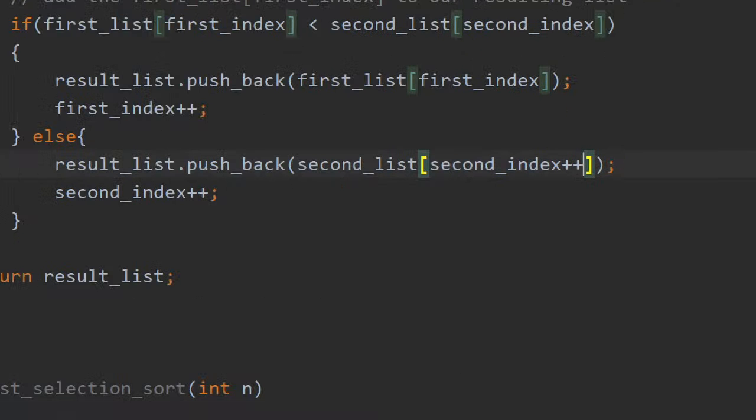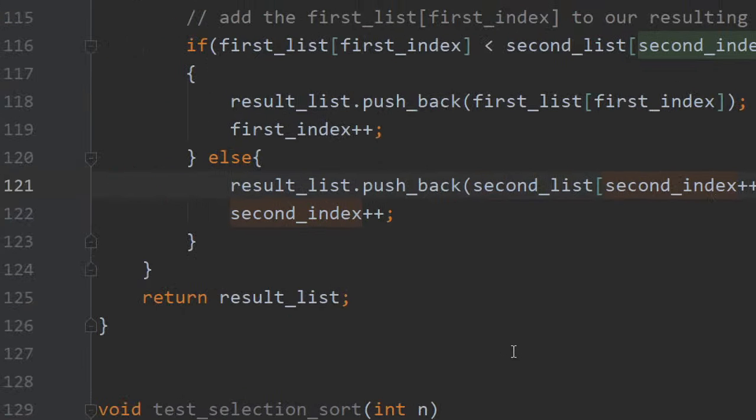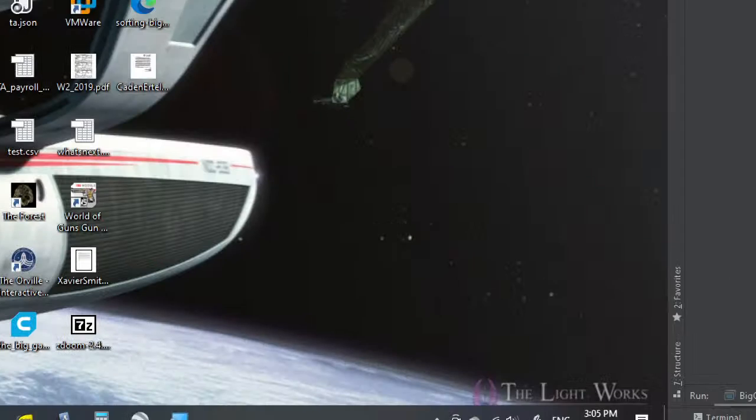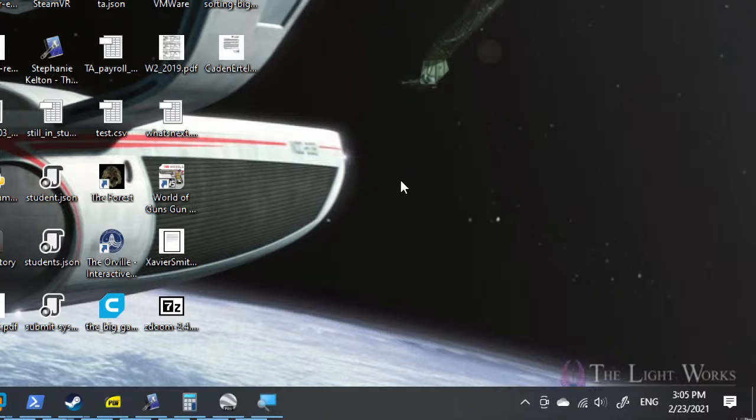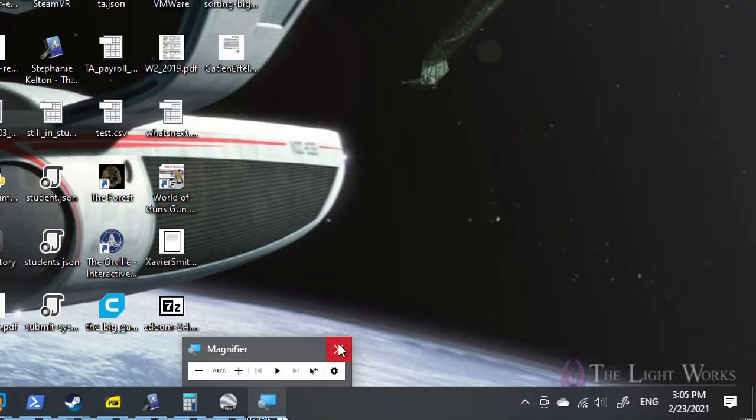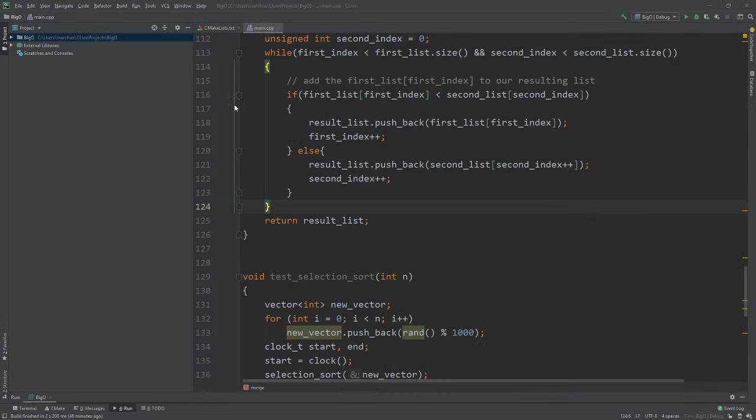So, what have I done? Oh crap, I hit something. How do I get out of this? Okay, there we go. I was a moron. I must have hit the hotkey for the magnifying glass. Alright, so now that I'm back,